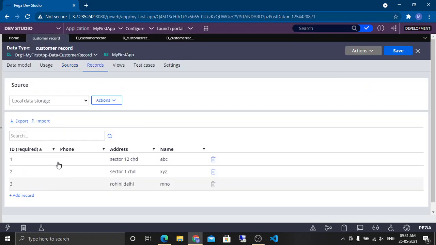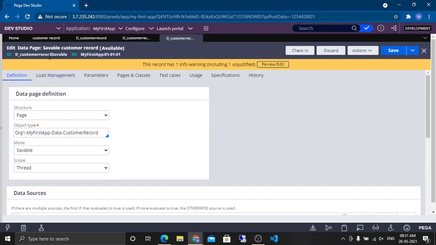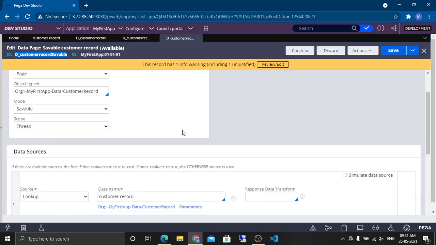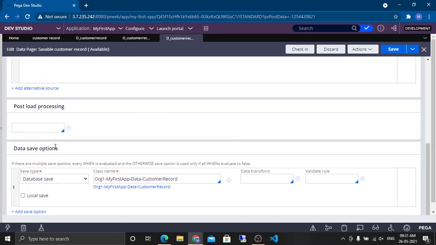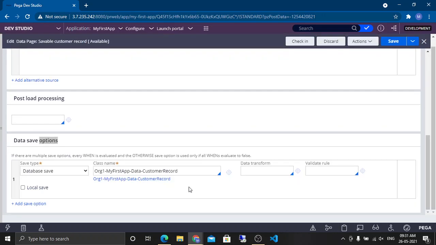Suppose I use this, it will get me one empty record. Then I can put in some manipulation, maybe take input from the user, or anything else. Then I will update the content, the properties, on this page itself. And whenever the utility is triggered on the flow, the data will be committed back to the DB and this record will be updated. Got it, right?